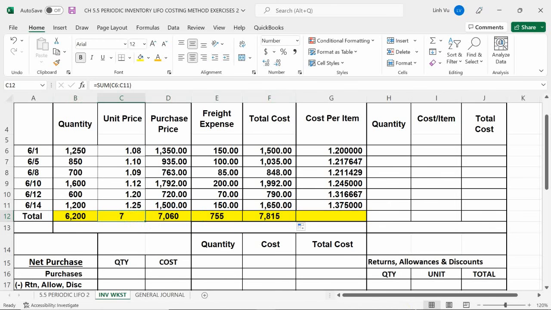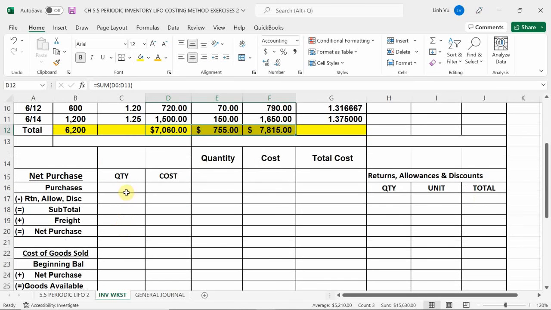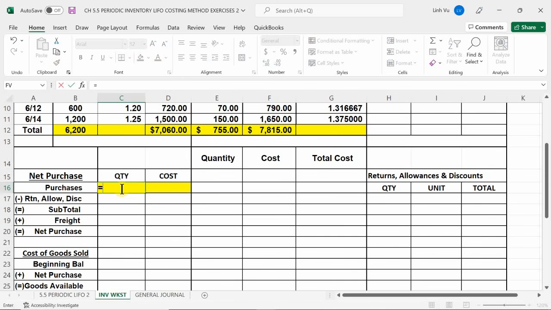And I should get a total purchase price of $7,060. Plus $755 worth of freight, giving me a grand total of $7,815. All right, so let's go ahead and plug in our answers. Again, how many items did I purchase? 6,200, at a total of